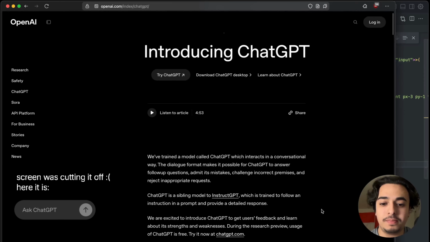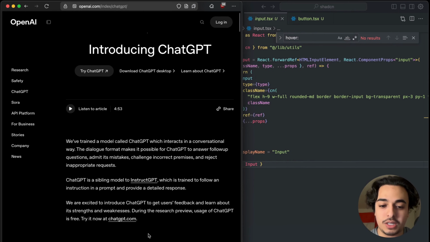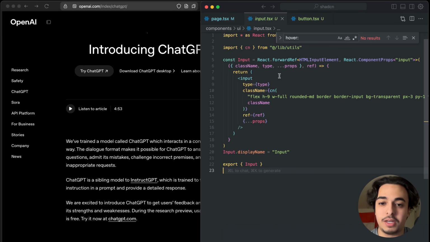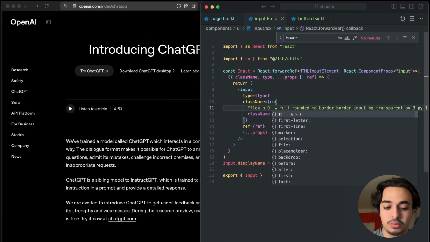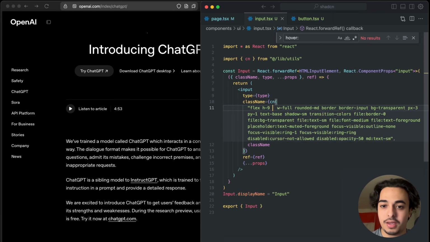Ooh, you know what? Okay, I'm gonna try this button over here. It's obviously gonna be an extended one. I'm not gonna do this whole animation, but what we could do is the input's actually one of the more simple ones. Let's do a rounded-full